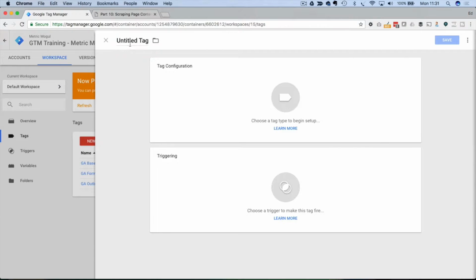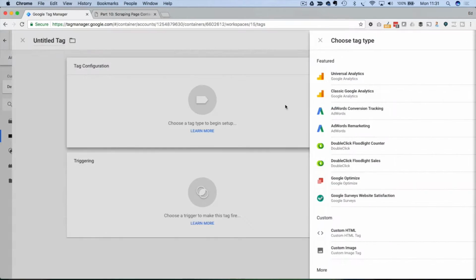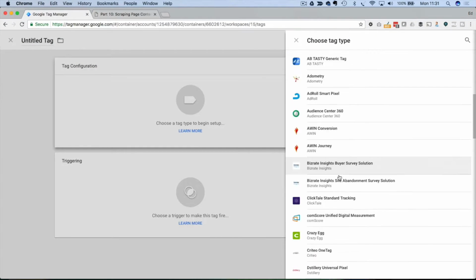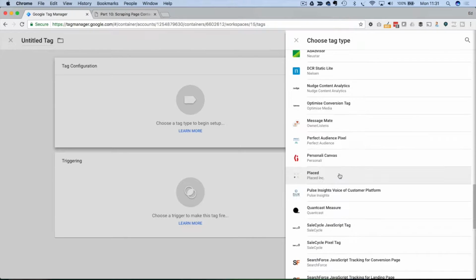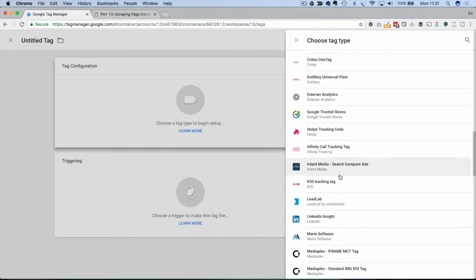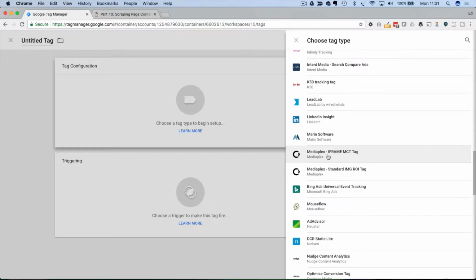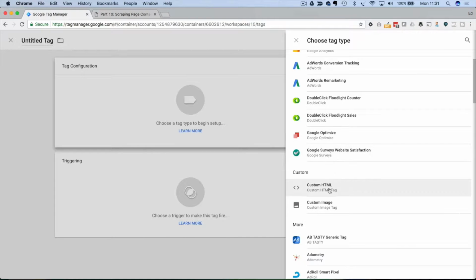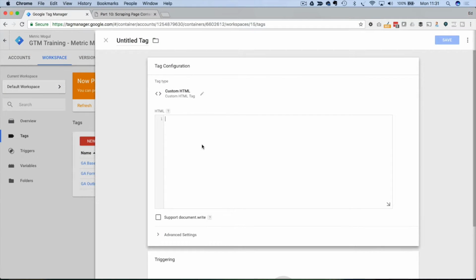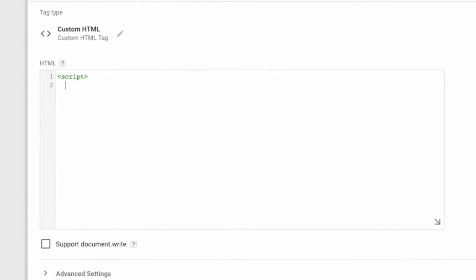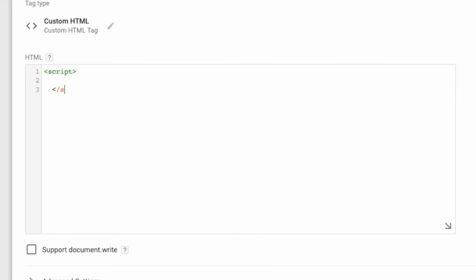Sometimes there will be marketing tags that you want to add which are not in the default list that GTM gives you. Facebook, the Facebook pixel would be an example of this. They don't have a template here. So what you do in that case is you would choose custom HTML and you would type in the code that Facebook gives you, and just in here you can write any HTML, but in this case I'm writing JavaScript. So I could, for example, log something to the console